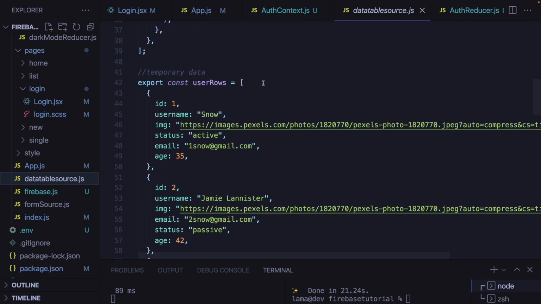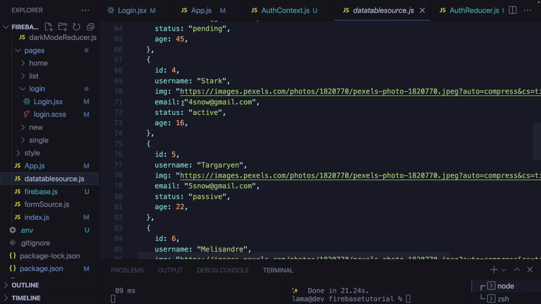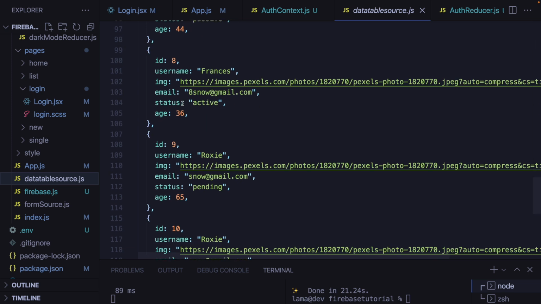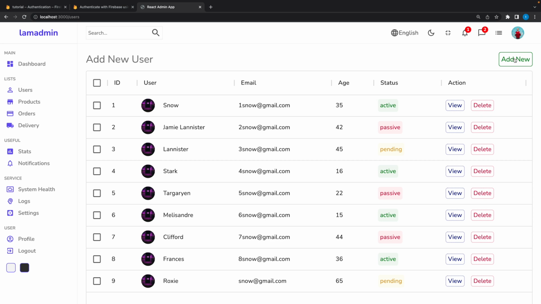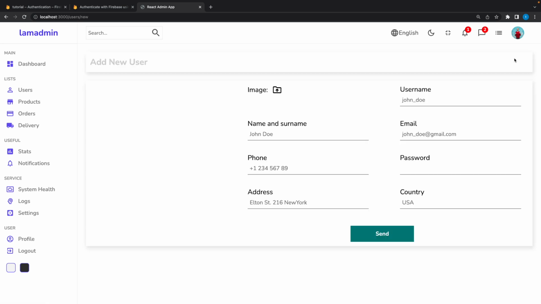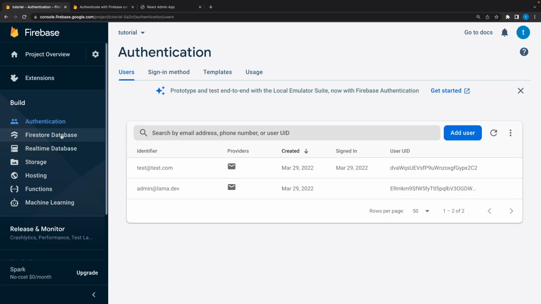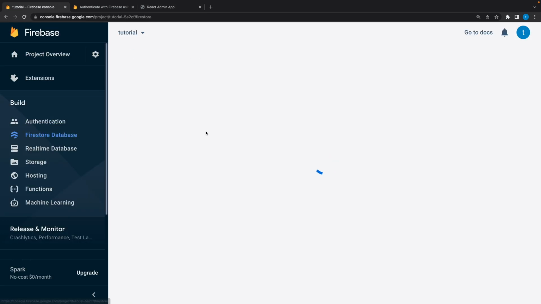Okay, as you can see, this is our data, but we are not gonna use this anymore. We are gonna fetch everything from our DB. But before, let's see how we can add new item. I'm gonna click here and we are gonna use those inputs, and inside Firestore, we are gonna create our new